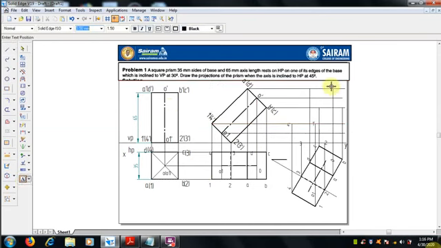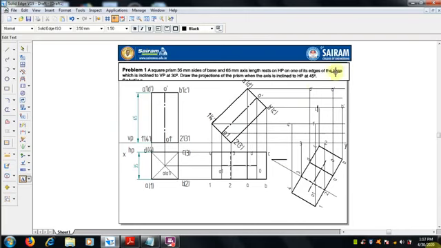Mention those points also where they get intersected. So A dash, the top view is A dash and D dash in that line, and B dash, C dash, A dash, C dash will be here.